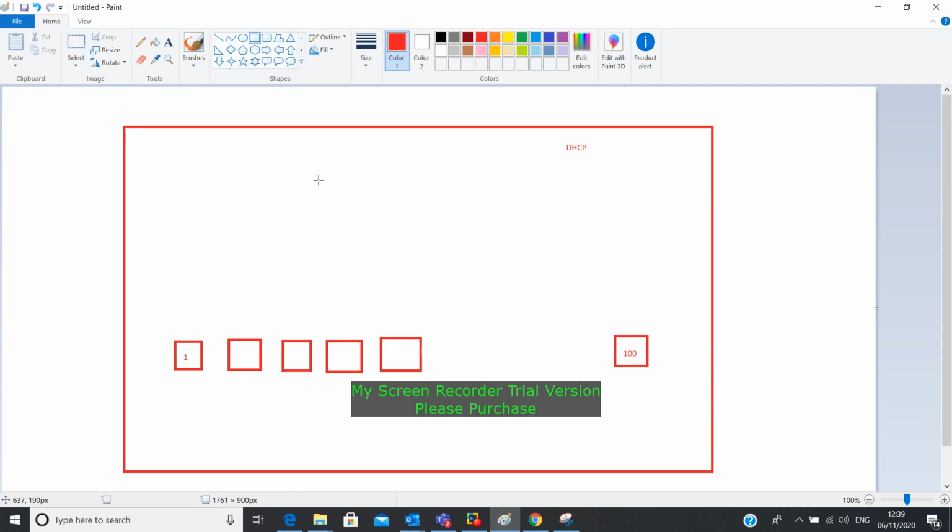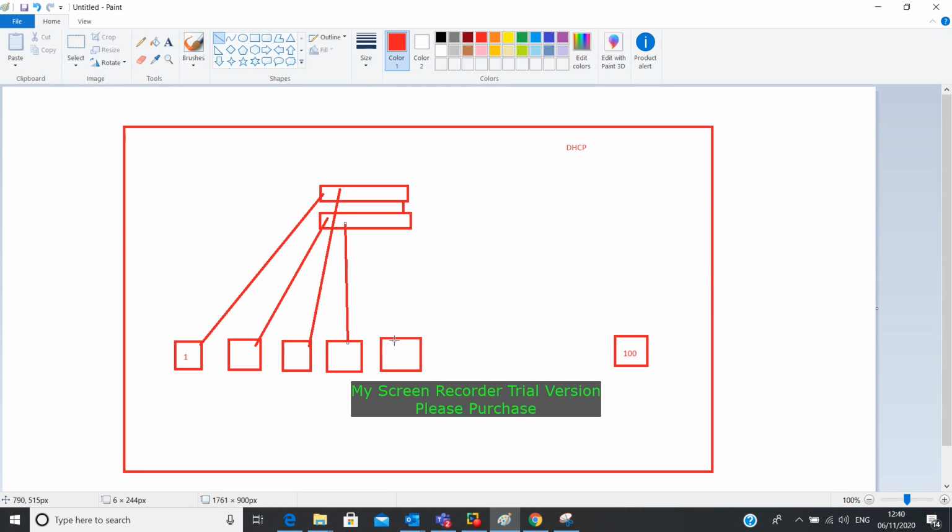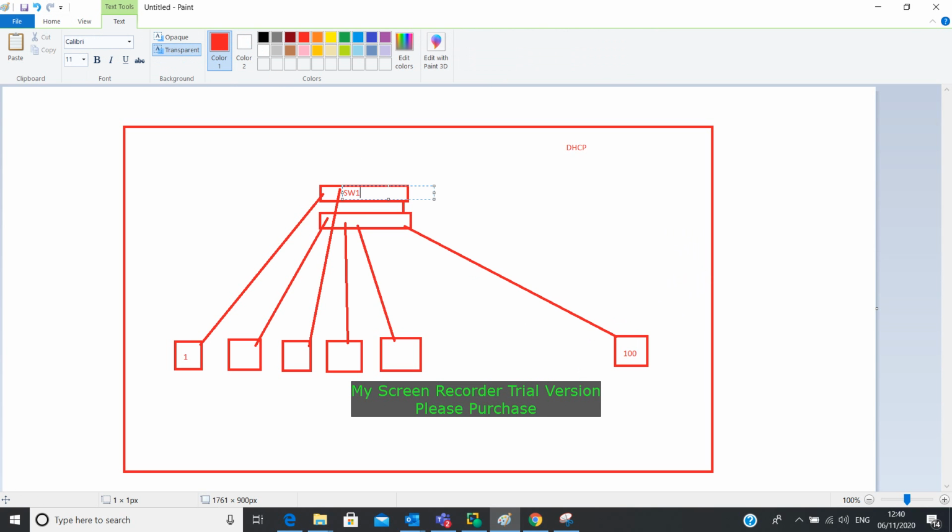In this case, we may need two switches. While we keep two switches, we are giving uplink, giving connectivity to these two switches. System 1 is connected to this switch, system 2 is connected here, 3 is connected again to that. These are examples, we can connect systems to any of the switches because these two switches are interlinked. Switch 1,